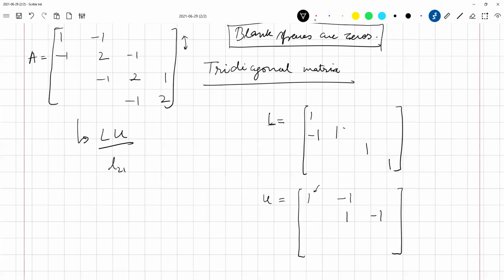Now let us look at between 2 and 3. What is my pivot in this case? Again, pivot is 1. This is your pivot. Now what will you need to subtract from this? This is your third equation. So what will be your multiplying factor? This is -1. Now we'll not look at this, we'll look at this. So what is this? This is 1, isn't it? So -1 and 1, what do you have? So you'll need to multiply by what, Sridhar?